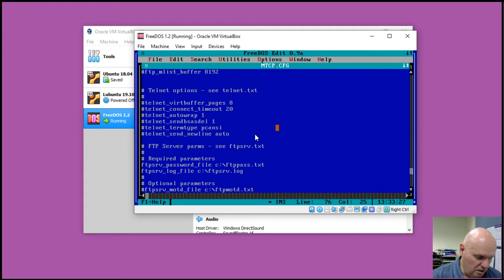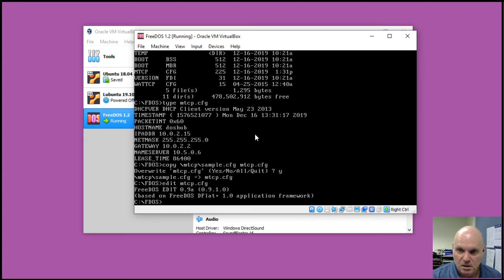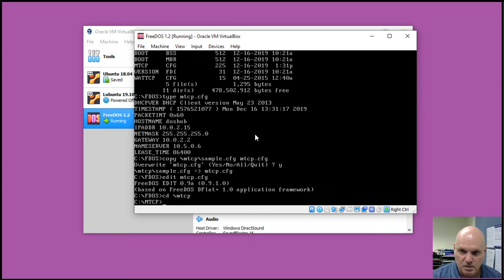I already have one in my mtcp directory, although I'll edit it, and then I'm also going to put the FTP server log in the mtcp directory as well instead of the root directory. So Alt F, exit, and now I need to edit the password file that the server will use, which is over in the mtcp directory, and that's